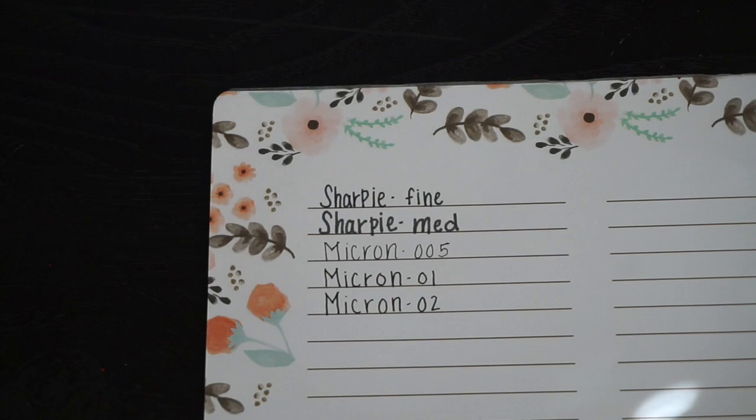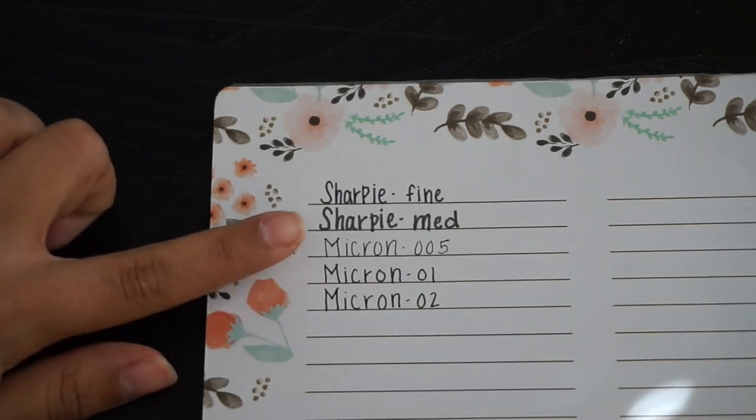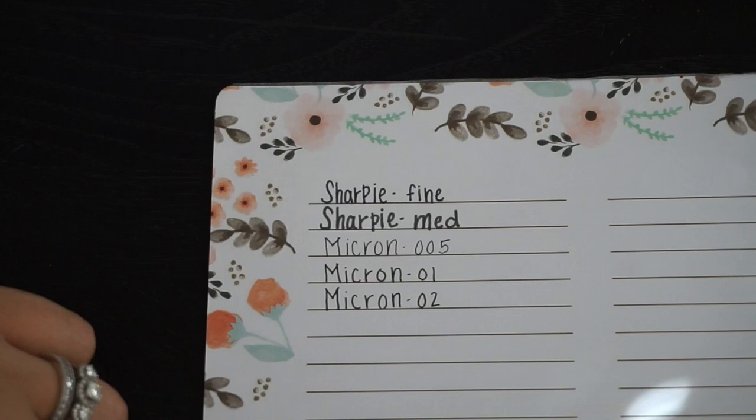I feel like I don't really see much of a difference between the Micron 01 and the Micron 02. They look pretty much the same to me. I'm not really seeing any sort of difference in thickness or anything, maybe the tiniest amount, but these do look very, very similar compared to the Micron 005 and the Micron 01, where you can definitely see that there is a big difference. Between the Micron 01 and the Micron 02, I'm not really seeing too much of a